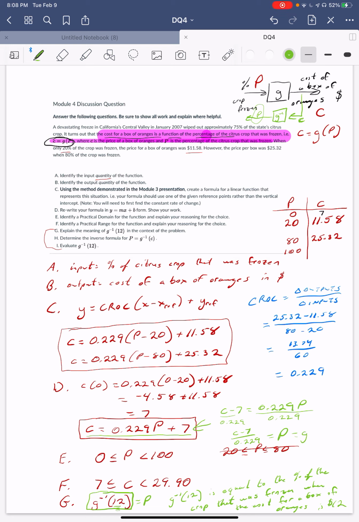That is the inverse of G at C. I now have a function for P in terms of C. So when I want to evaluate the inverse function at 12, I plug in 12 for C. So I will say P equals 12 minus 7 over 0.229, which equals